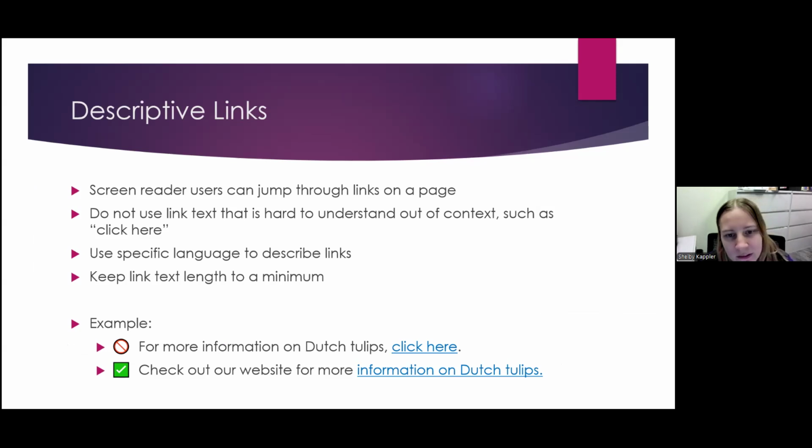Something else I want to talk about here is descriptive links. So often included in documents or on web pages are links. And the screen readers, again, can jump from links on a page. So if the screen reader user has read the entire article and wants to go back and look at a particular link, they can do that. They can scroll through just the links until they find the one they're looking for, unless each link is labeled click here. So that can be very difficult, not only for screen reader users, but